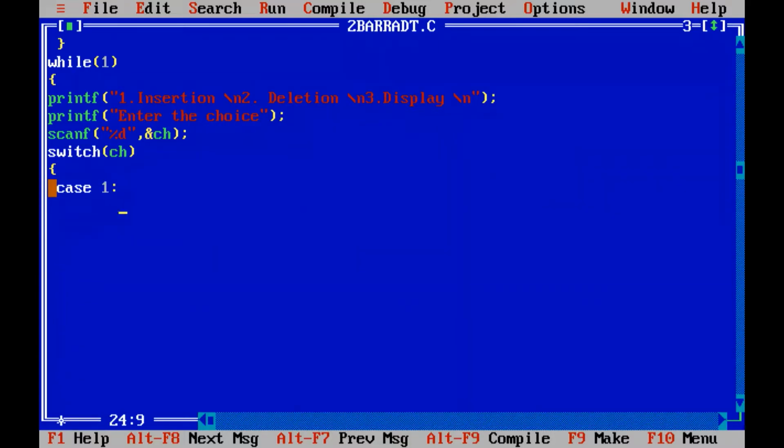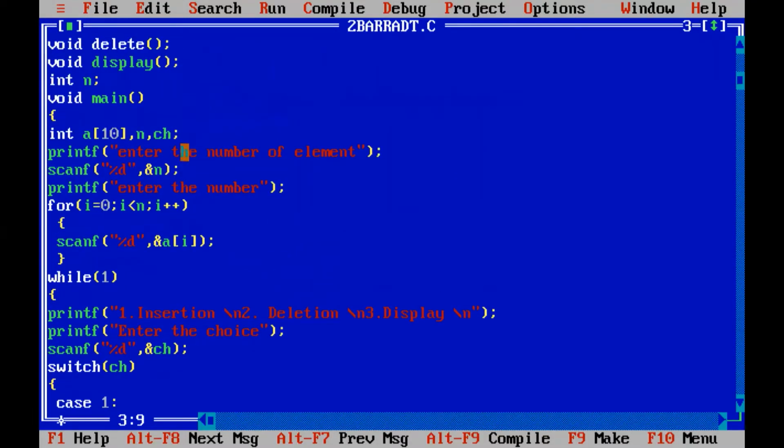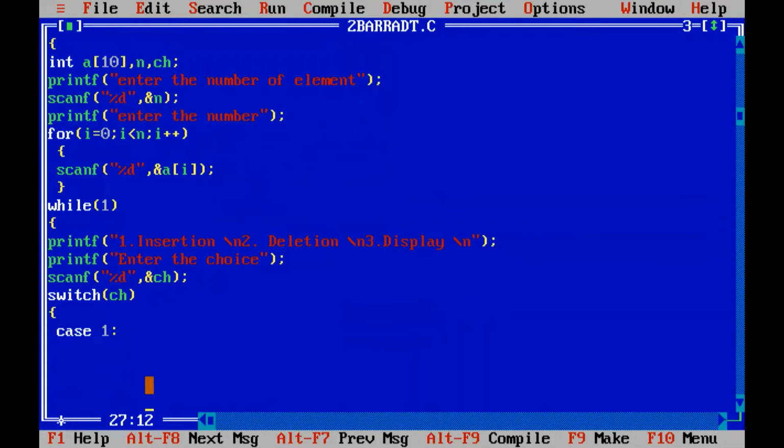So what all do we need for executing case 1? We have asked the user to enter the array and the number of elements. We have to now get the value to be inserted and also the position to be inserted. The array and the number of elements are ready, but we have to get the position and the value to be inserted.